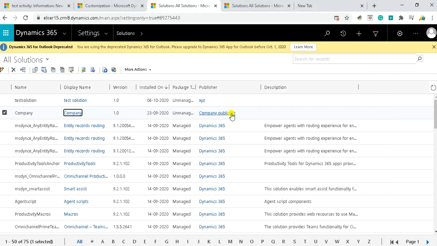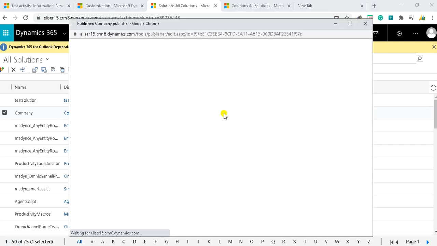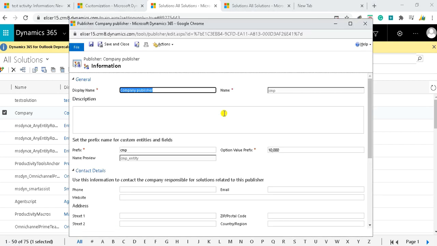Like here, a solution which I have created in the name of company publisher. Company publisher is the publisher name, and if I open the custom unmanaged solution which I have created, the display name is company publisher, the name is CMP which I have given, and the prefix is CMP.